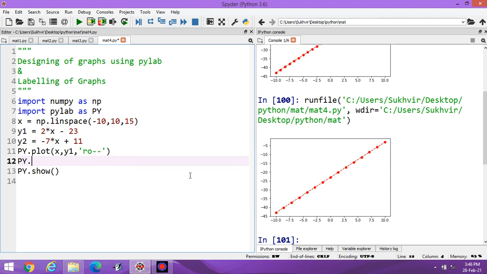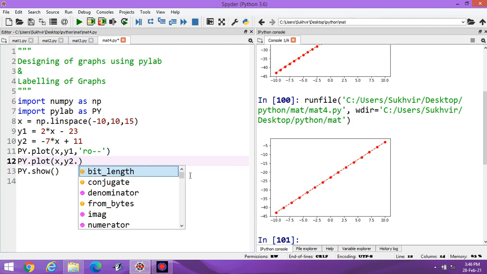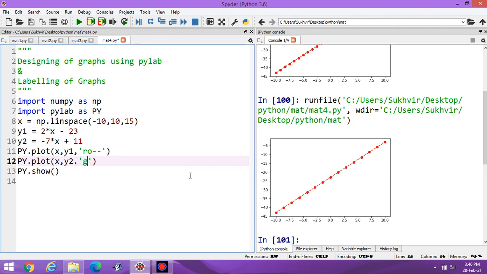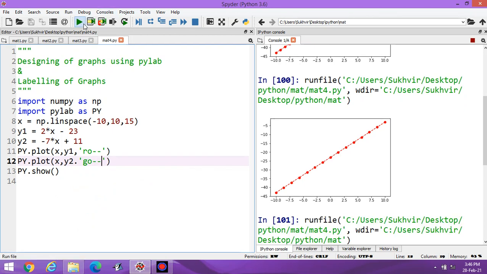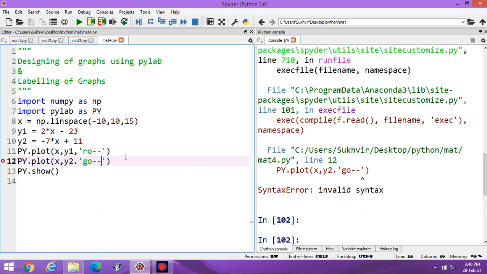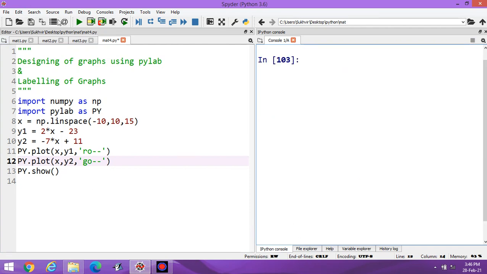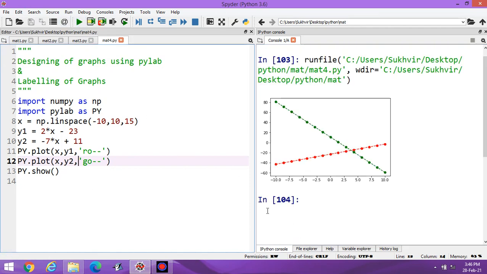Then py dot plot x comma y2. Let the color be green. Now execute again. Okay, a comma is required here. Look at this one. This one is the second graph.